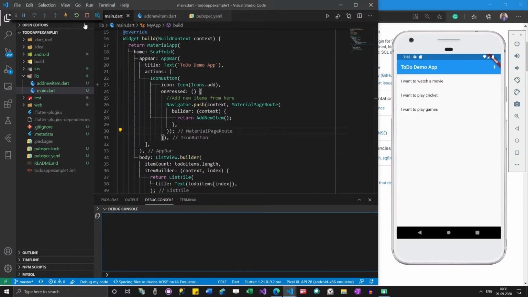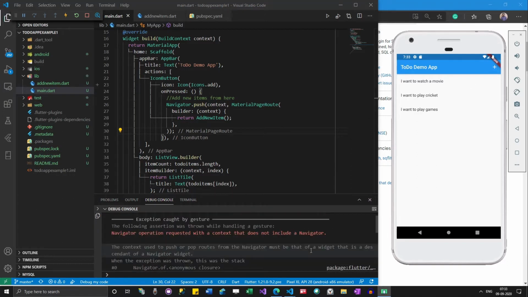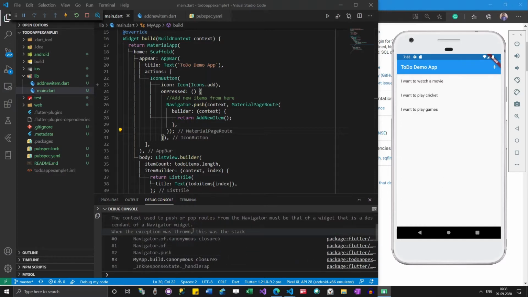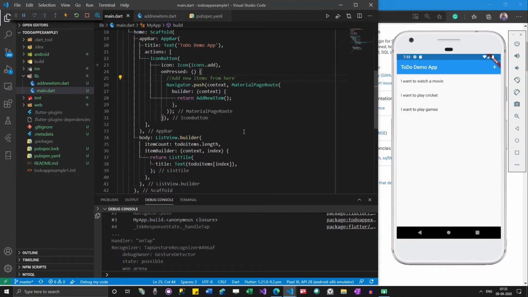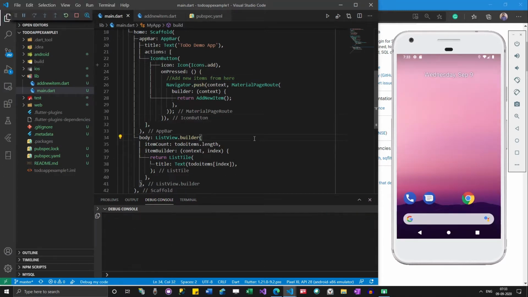Let me reload it properly and see if it works. Let me reload it from scratch and see what happens.